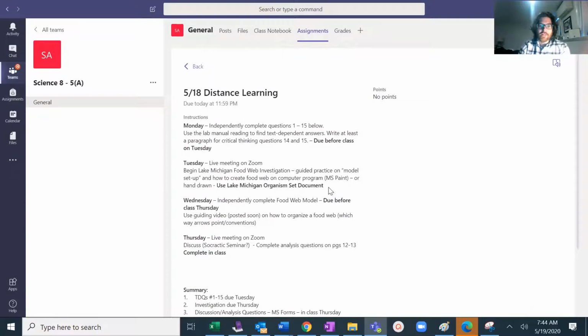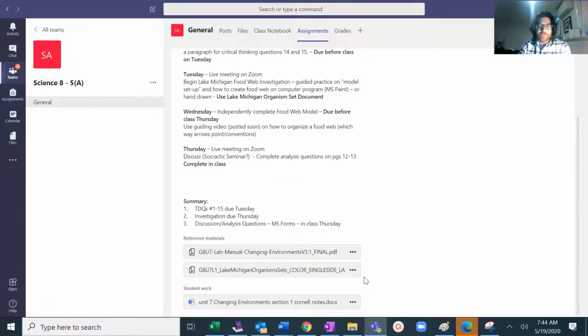And in today's class, you were supposed to get some guided practice on how to set up and create these food webs. Tomorrow, you're going to be just completing those food webs. And then on Thursday, we're going to have a little bit of a discussion. So in this document, you would have found this document here, the Lake Michigan Organism Sets Color Single-Sided. If you click on that,